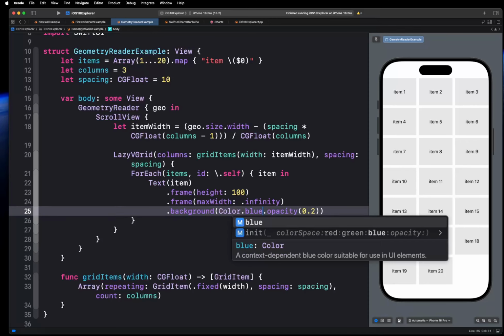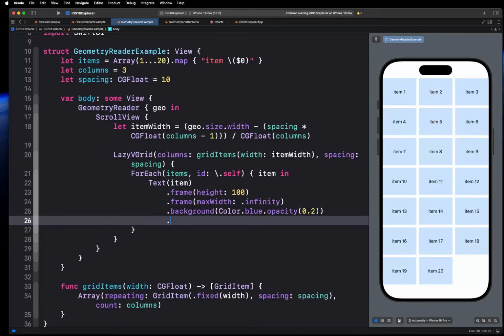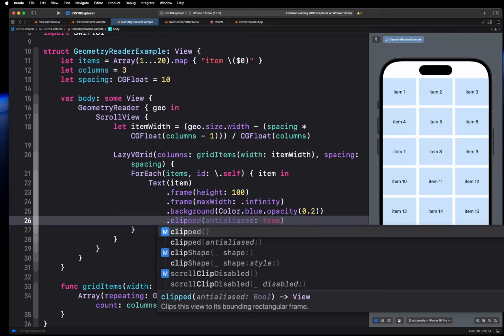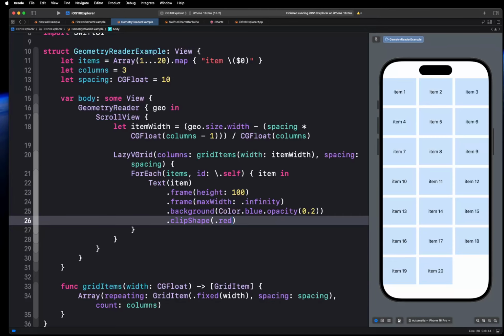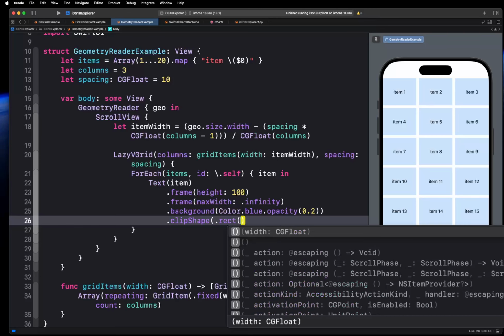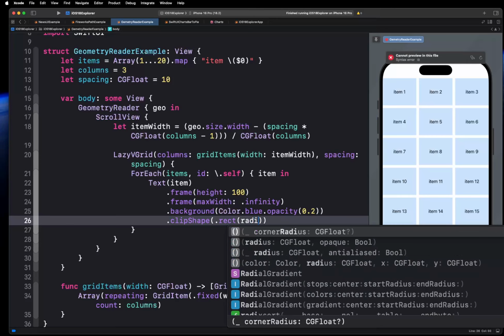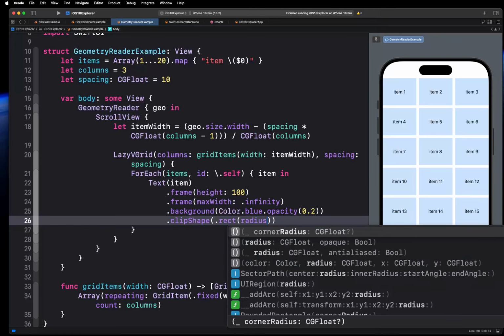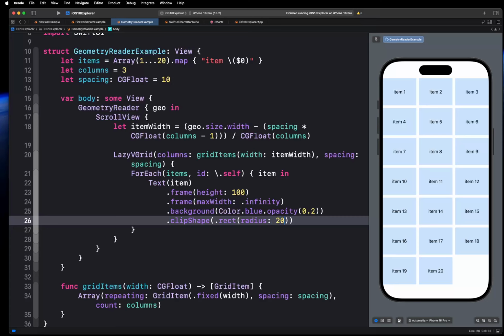Set it as blue, and clip shape, rect with radius as 20 points. Let's see if